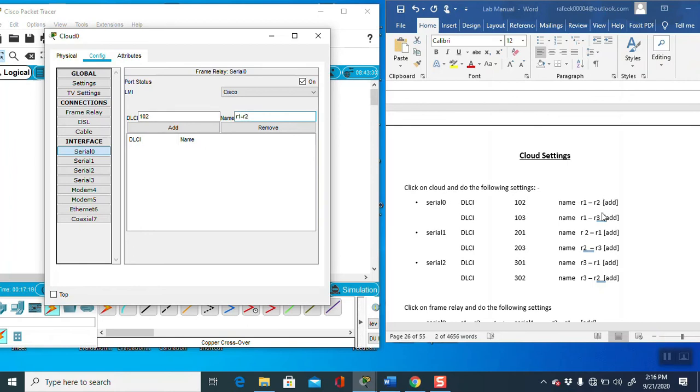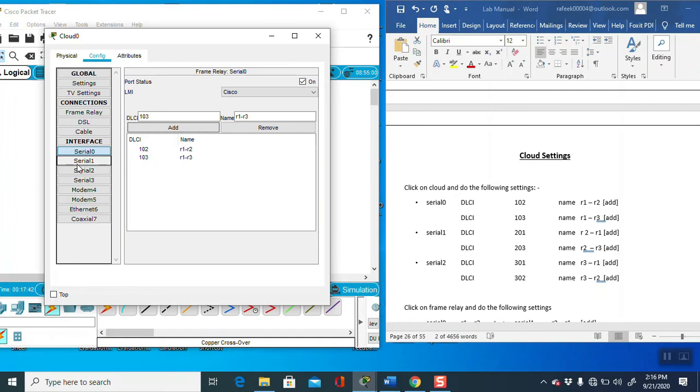After this you have to add. Then again serial 0, there is again DLCI 103, and there is R1/R3, again add. So in serial 0 there is 102 R1-R2 and 103 R1/R3.